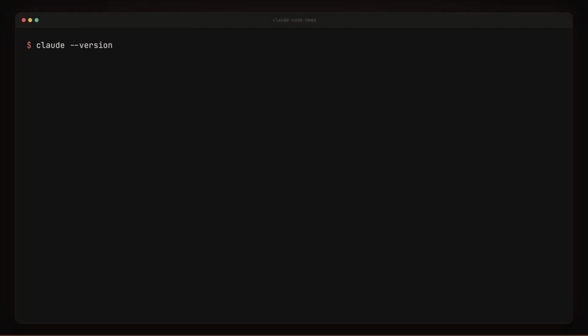Welcome to claude-code News. Today's release is a focused hotfix. Version 2.1.96 ships one critical fix that restores AWS Bedrock access for users who were suddenly locked out after upgrading